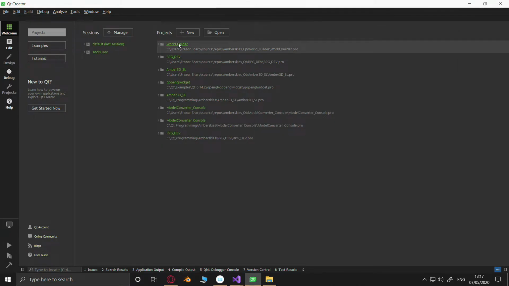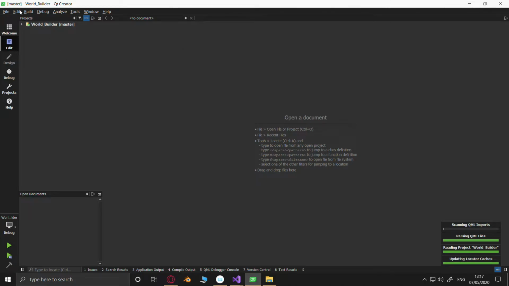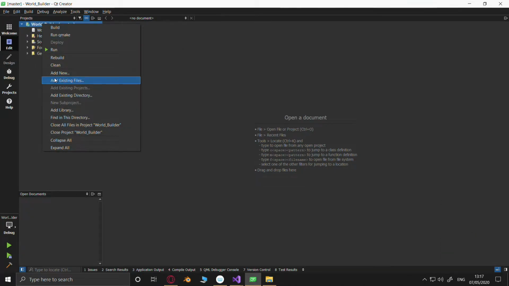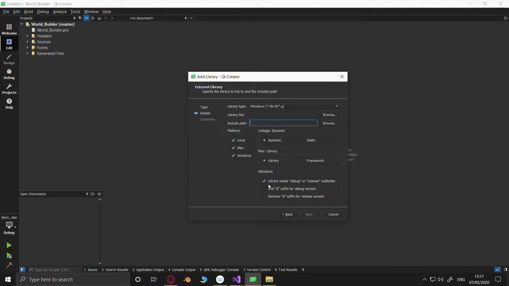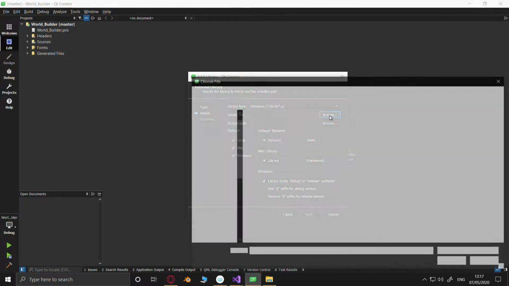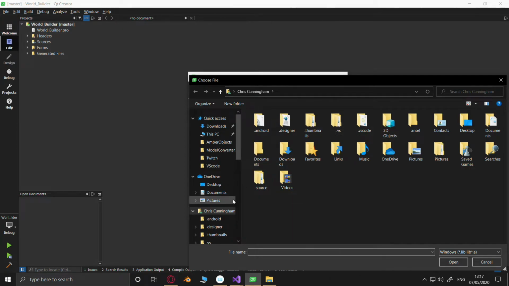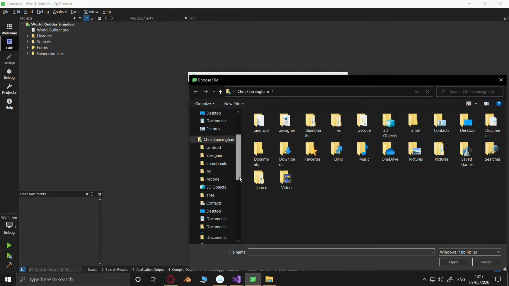Right. World Builder, let's go back to you. First things first, we do need to add library, external, next. Library, browse. Oh god, done it again, haven't you?